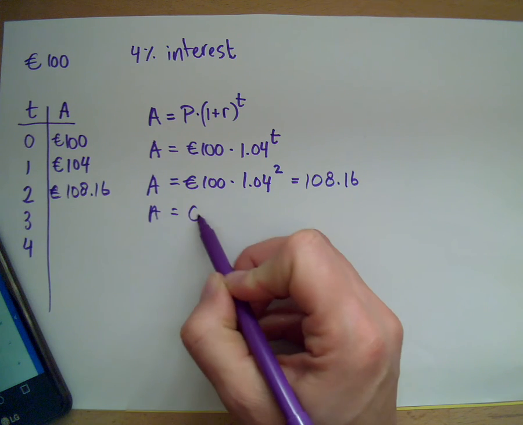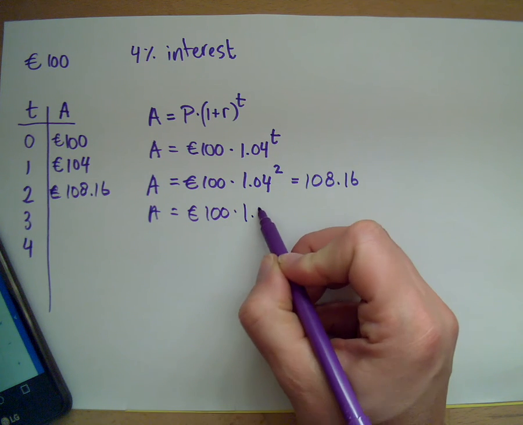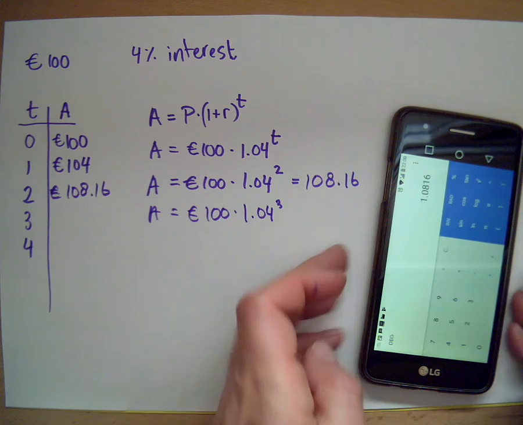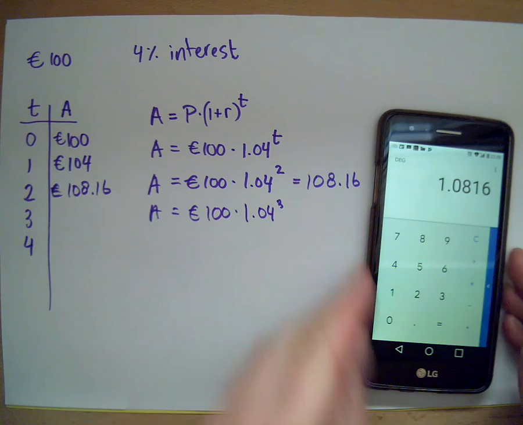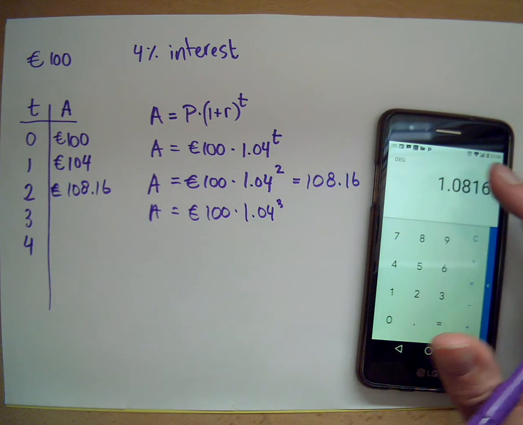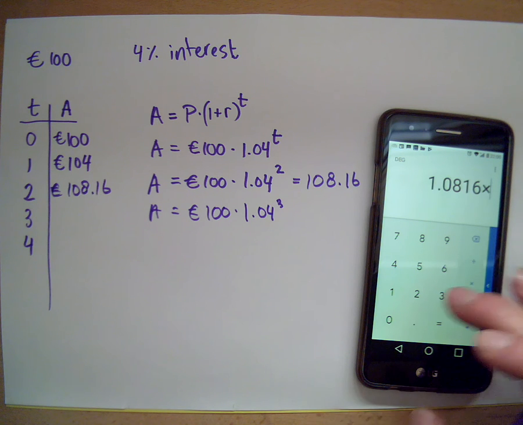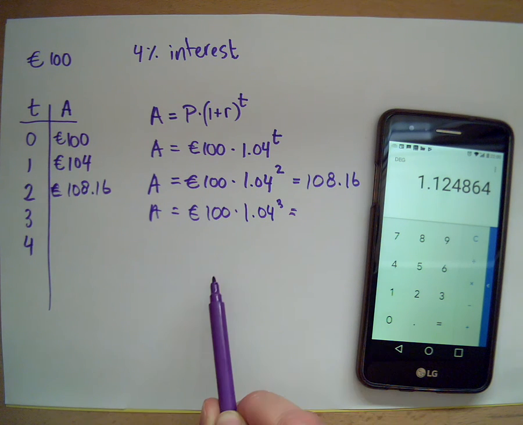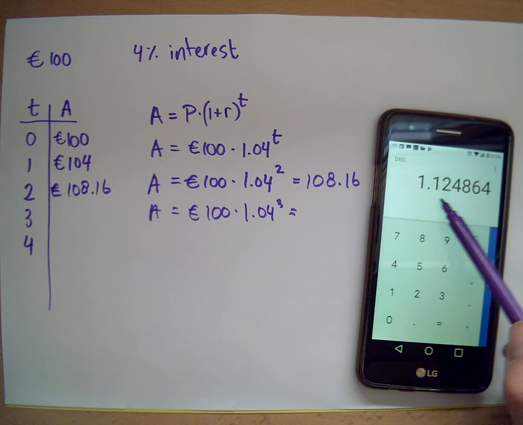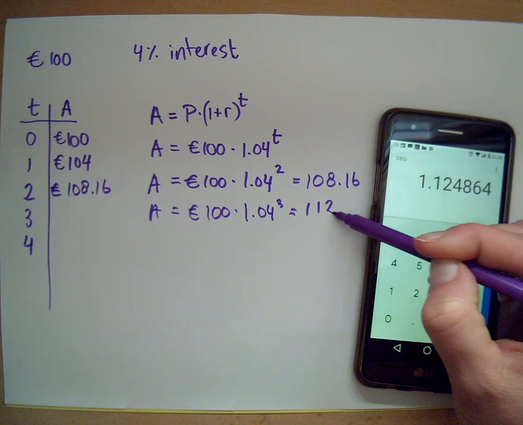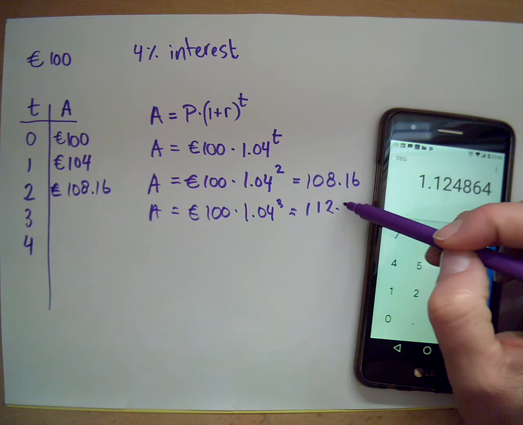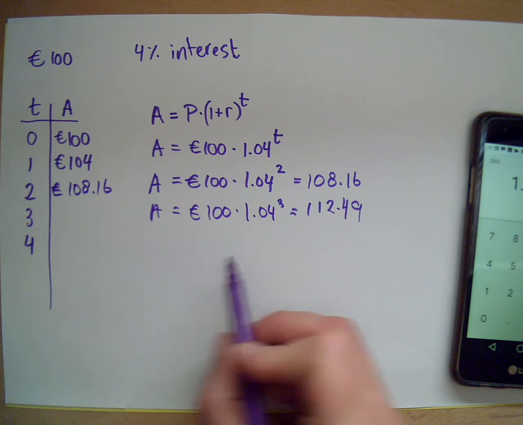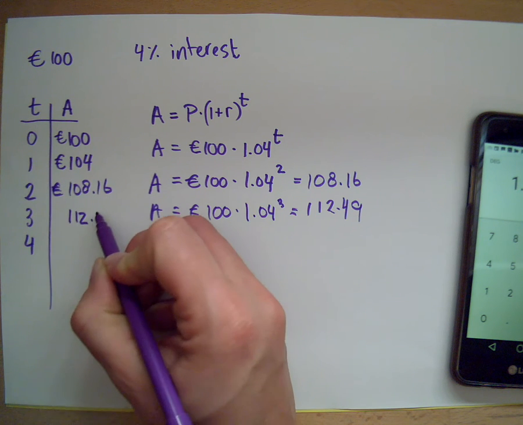We can do the same for after 3 years. So this was 1.04 times 1.04, so I'm just going to say times 1.04 again, so I'll have it to the power of 3 times 100 would be 112.49, etc. So see how our money is growing